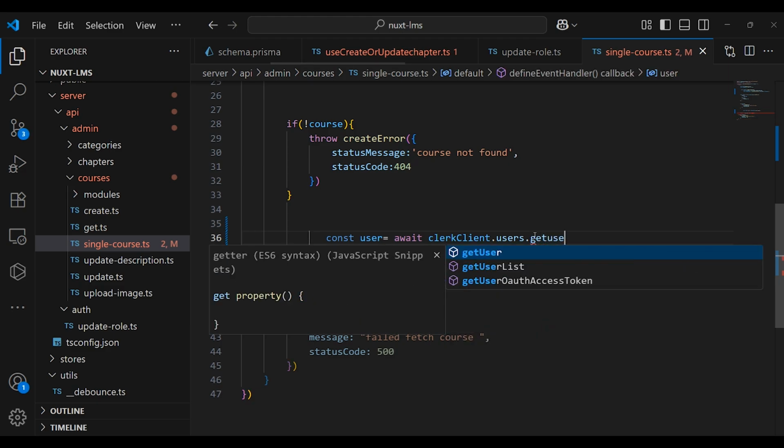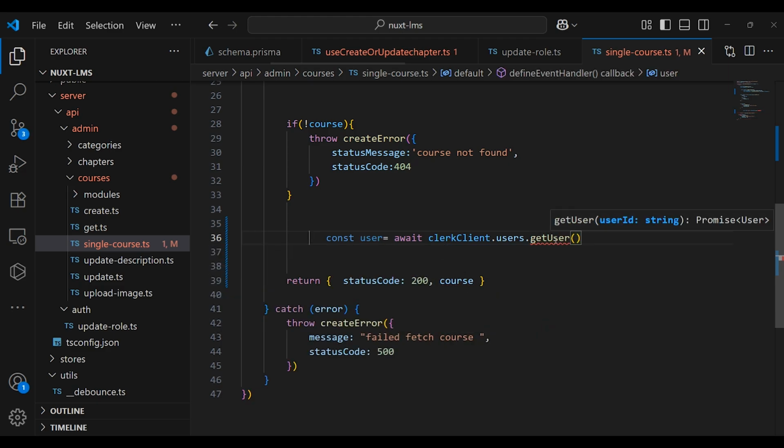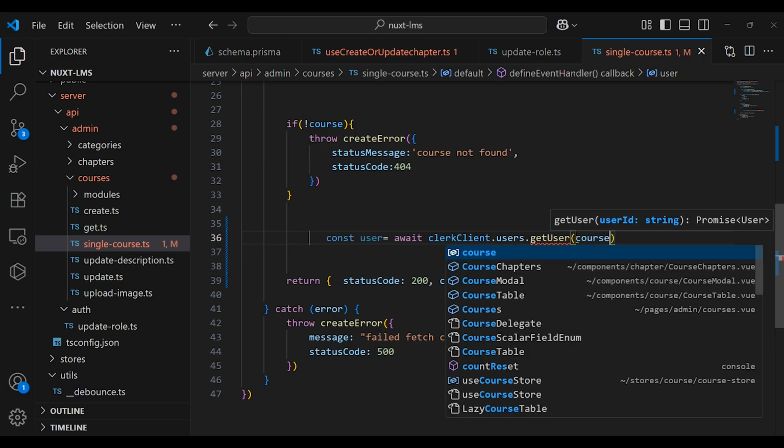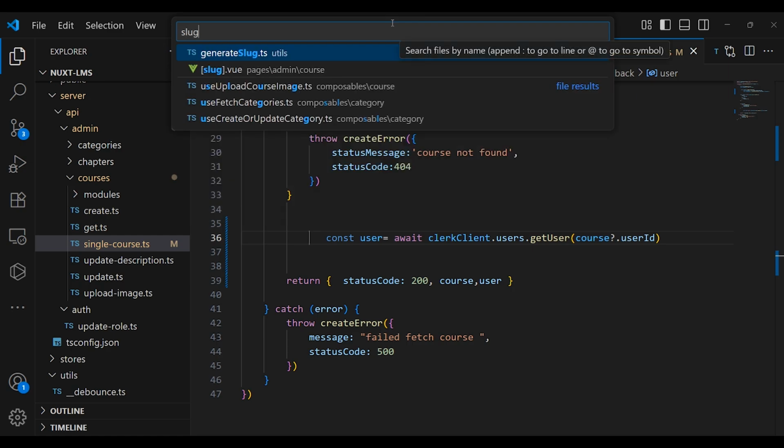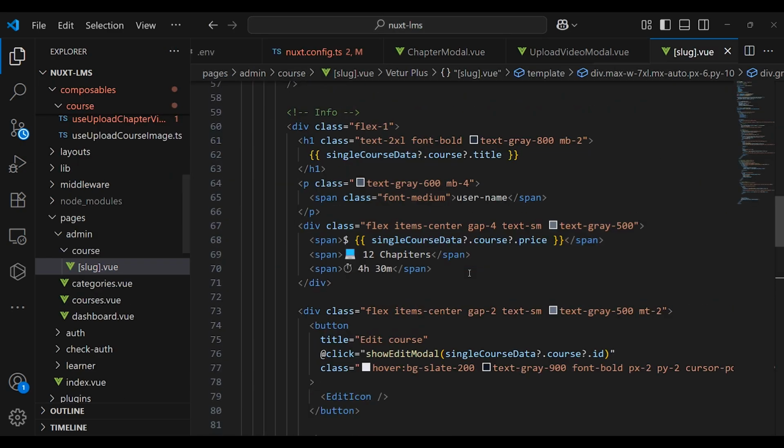getUser. Okay, and if you put our cursor over the getUser function, you can see it returns a promise, and we have here the user, and we're gonna pass it the user ID as parameter. Now we are going to pass here the course.userId like this, and then we're gonna pass here the user, and then here we're gonna head into the slug.vue file, and in here I'm gonna go at the